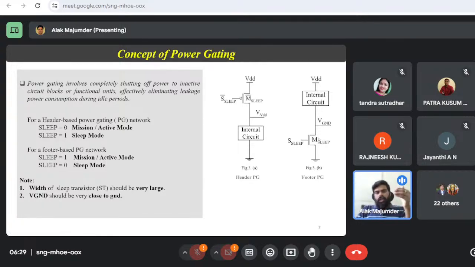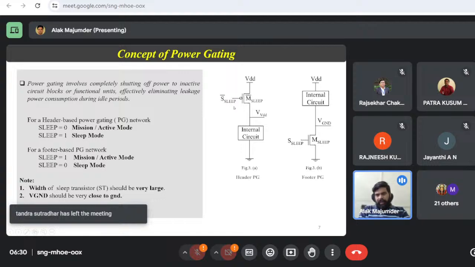If you want to do the gating based on PMOS, it has to be connected between the internal circuit and VDD. If you want to do it between the internal circuit and ground, then it has to be done by NMOS. It can be a single NMOS, or many parallel NMOS depending on the requirement, right? So if we are doing it based on PMOS,